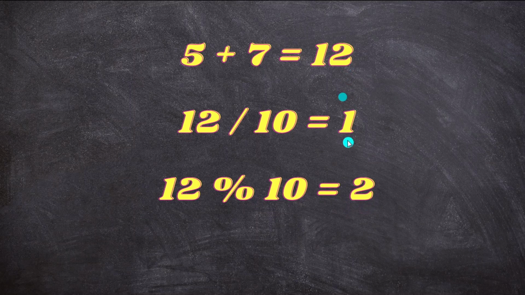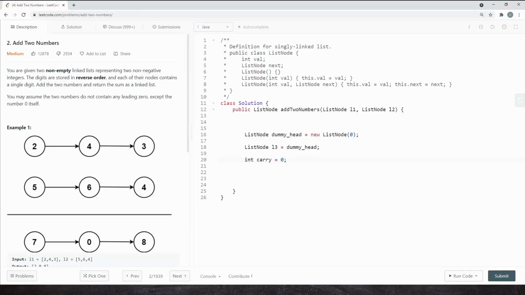So what we need to do is store 2 in our linked list, and carry over 1 so that we can add it to the numbers provided in the next link part. So let's start with our solution. I have defined two nodes. One is dummy head and one is L3. L3 I'm going to use for my calculation, and in dummy head I am storing the location of my first node so that I can return it once my calculation is over. And I have also defined an integer to store the carryover.